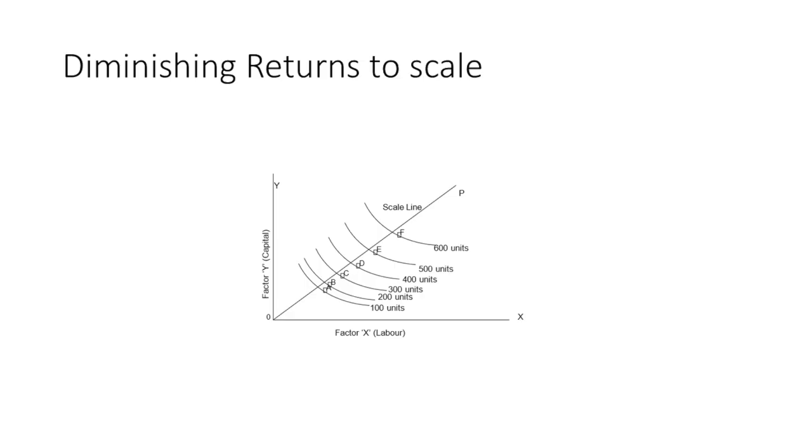So in this session we have learned the laws of returns to scale, which are applicable in the long run production function. In the long run production function, we already learned that all the factor inputs can be varied in equal proportion, so that we can see how the level of output changes according to the proportionate changes in the input.